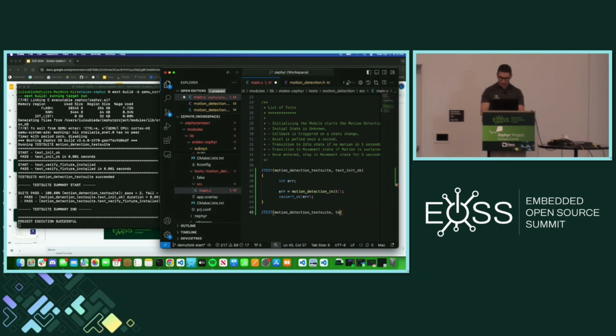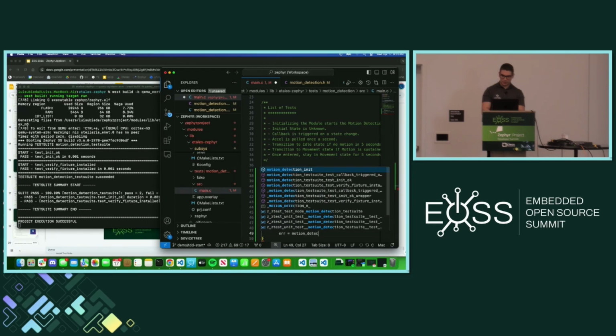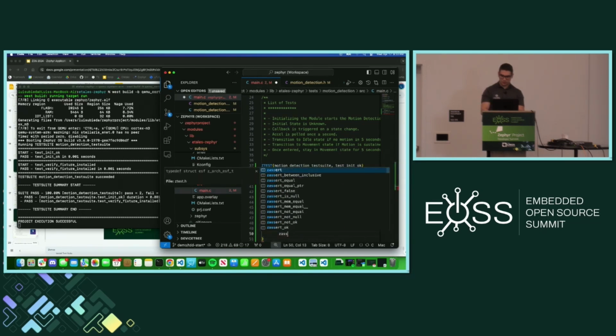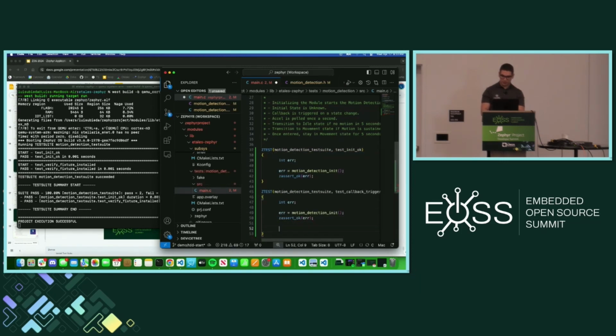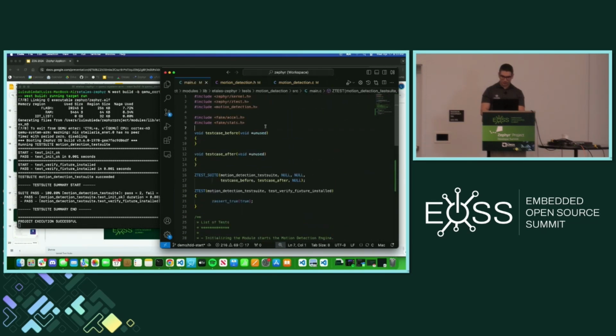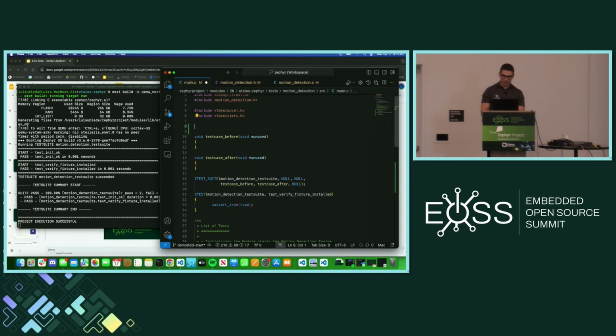So essentially, we initialize once again. We can verify that this is OK. And then let's assume that we have an expectation that we have, let's say,